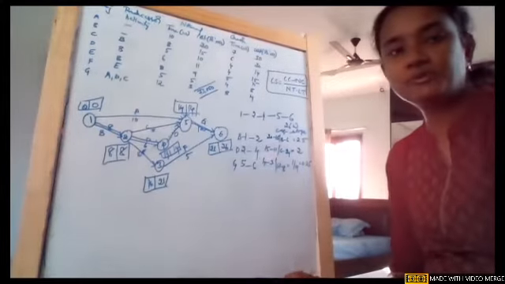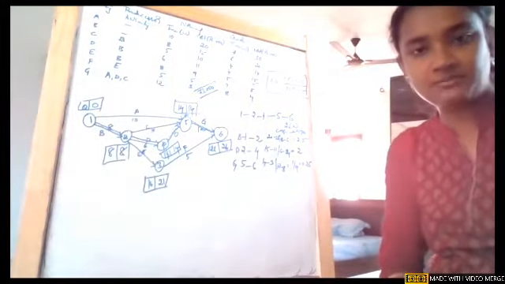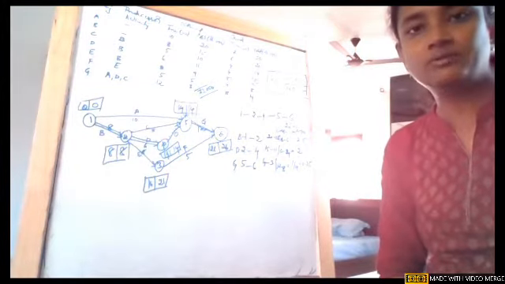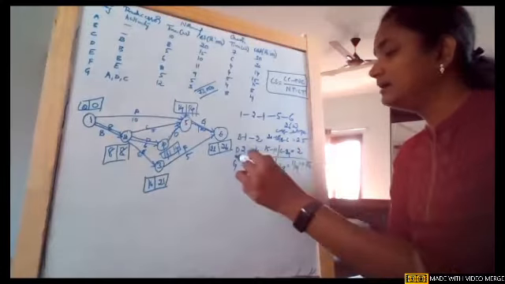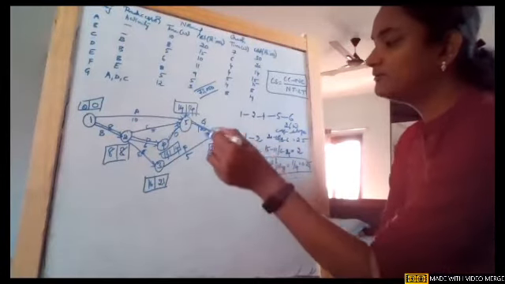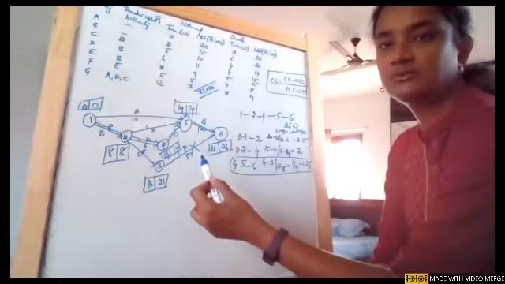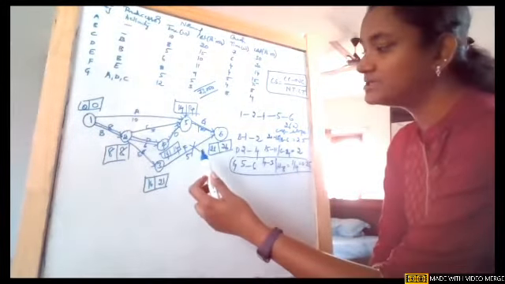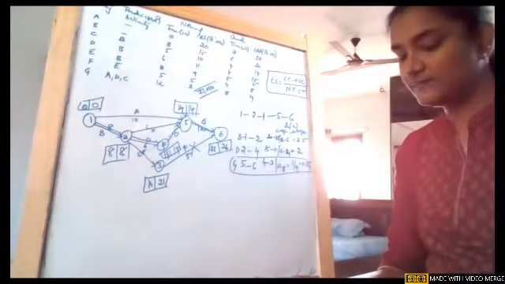So what are we supposed to do? We need to pick the smallest cost flow. Girls, maybe in my notebook I made a mistake, so don't go with that. Go with the class I'm sharing. The lowest cost slope is activity 5 to 6. So wherever we have 5 to 6, we are first crashing that. I need to make a mark on the previous network, whichever I am going to crash.